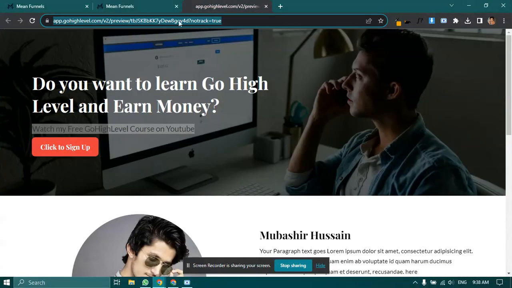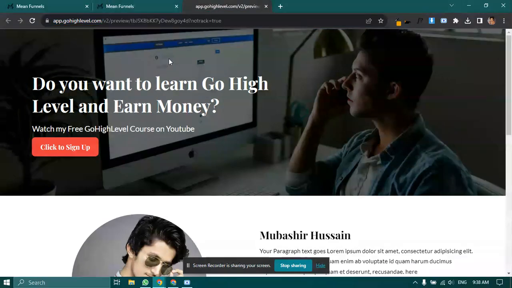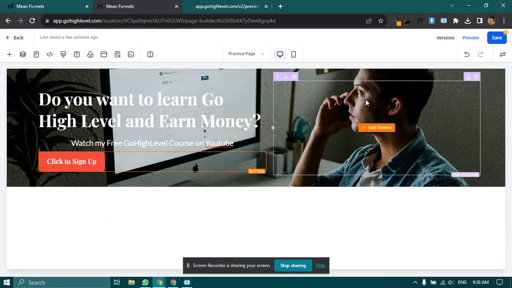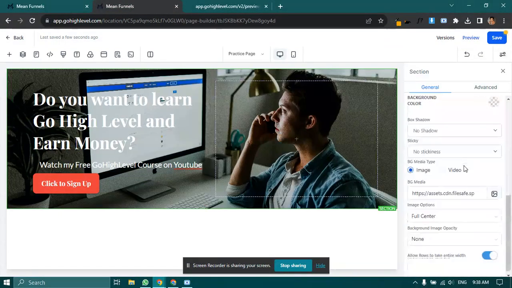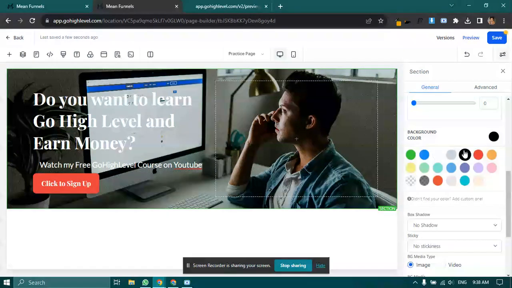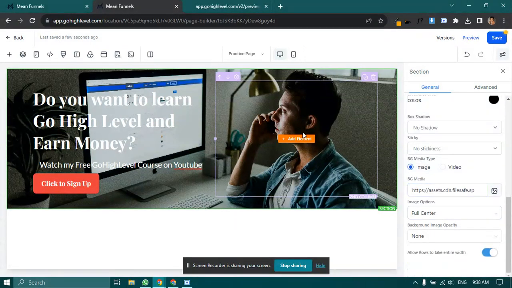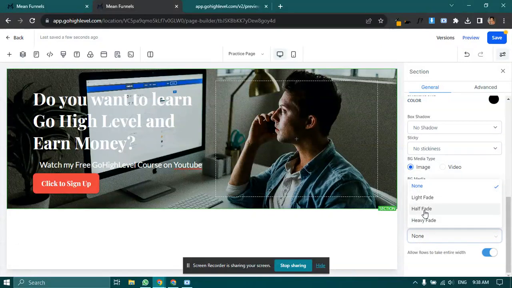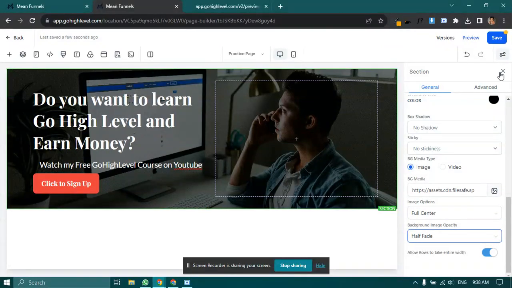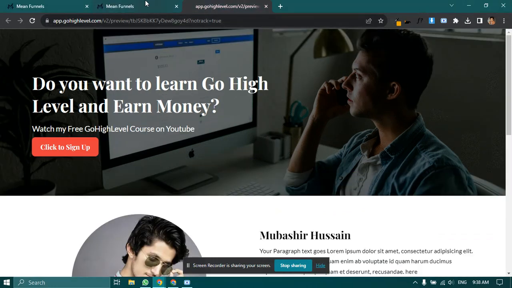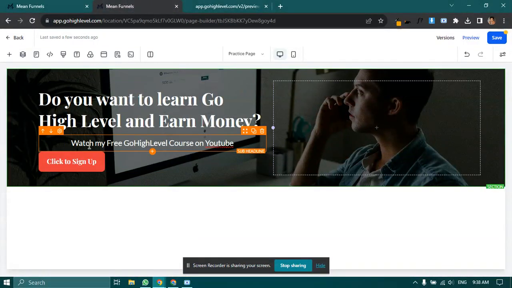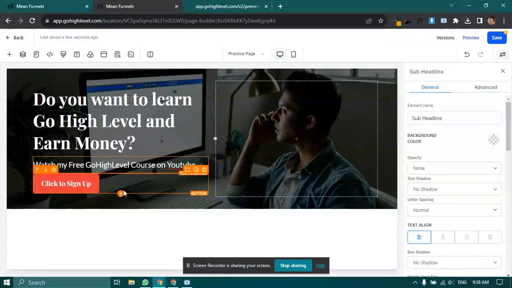Our first hero section is almost complete, but you can see the image in the background is dark, but our image is looking so bright. So what I will do is adding background color to black and changing the image option in opacity to half fade. So you can see it's dark now. So align to left, and